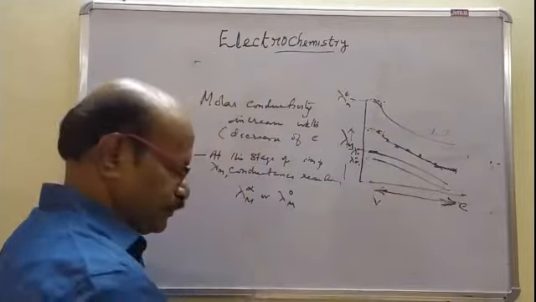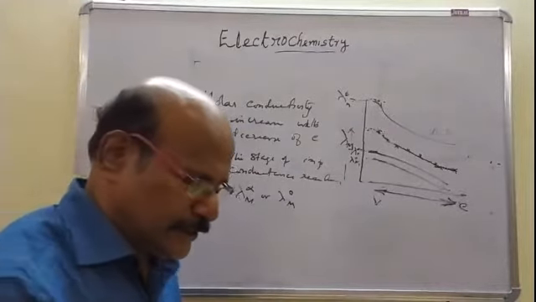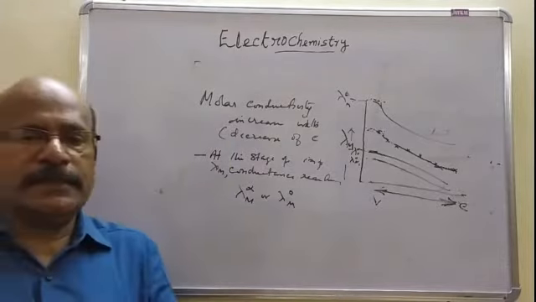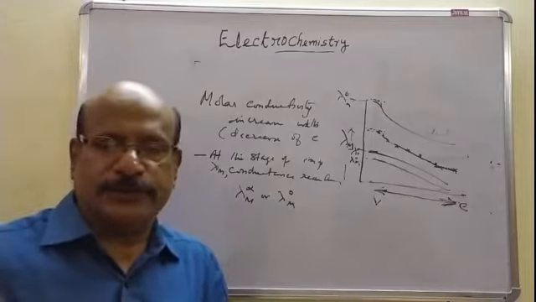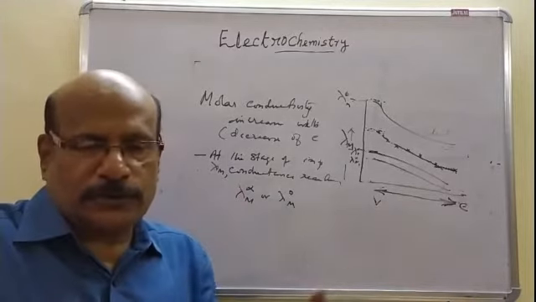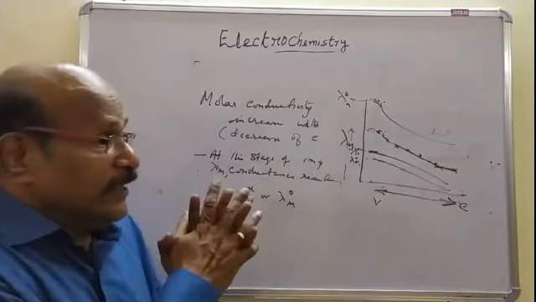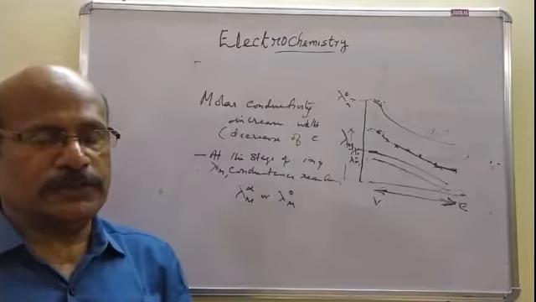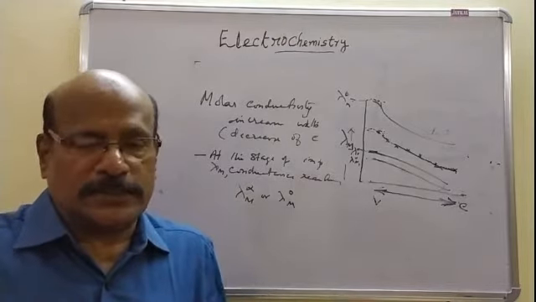That's the situation. So let's try to classify electrolytes based on the behavior or the variation of the molar conductivity with the dilution. For that, we have to pass on to the theory. Anyway, I wish to say that depending on the variation of the molar conductivity with the dilution or with the concentration, we can classify electrolytes generally into two classes.